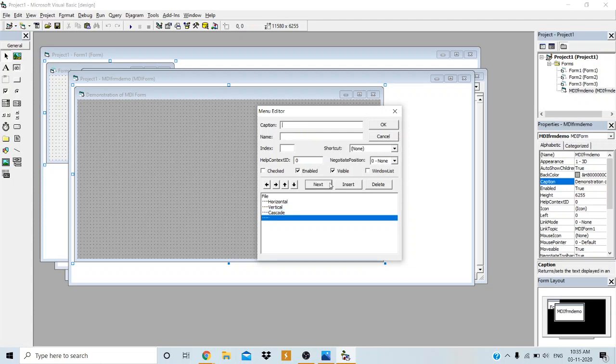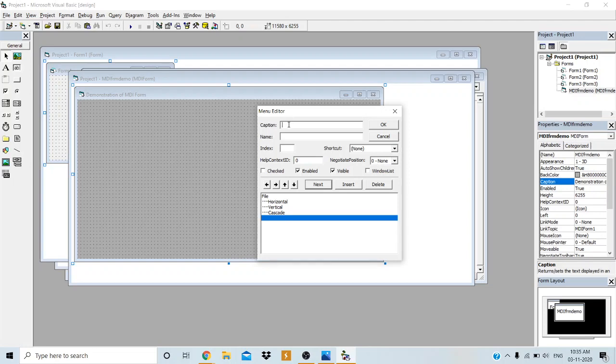Now I want to add one more main menu. One main menu is file. Under the file menu we have three submenus here. I want to add the next main menu, so click the left arrow. Then mention the caption of the main menu here.